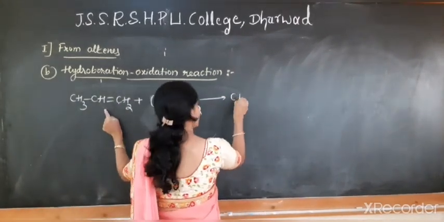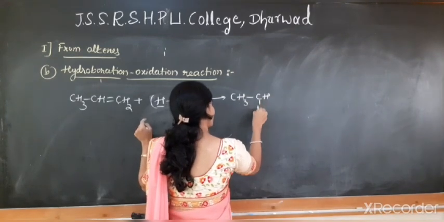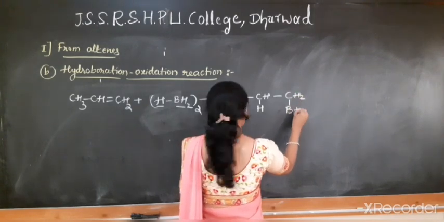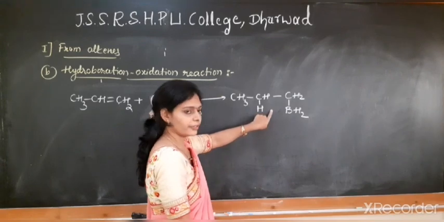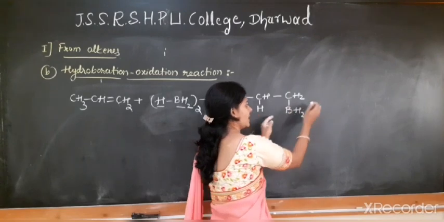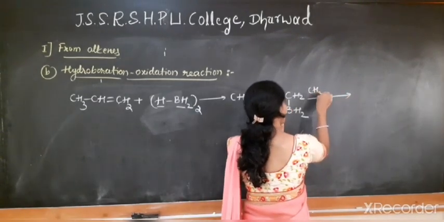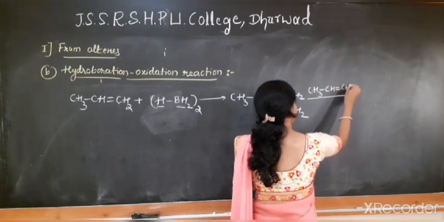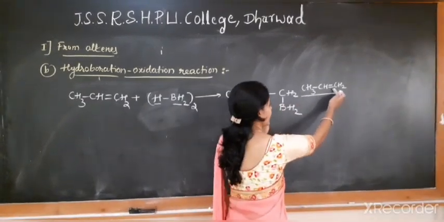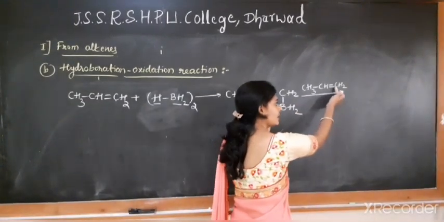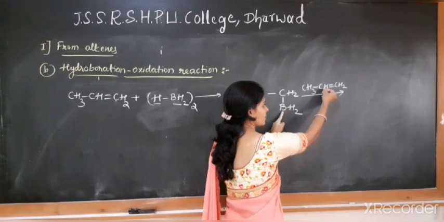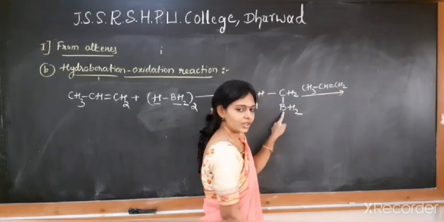So there is a formation of CH3. Hydrogen goes and attacks this carbon. Then CH2, BH. Okay, so this is the first alkyl borane. Propyl borane is formed. Now further, this moiety is treated with another molecule of propene, that is CH3CH2. When this is treated with propene, again the borane goes and attacks the multiple bond. So as it is having two hydrogens, one hydrogen goes to this carbon and the remaining part attacks the CH2 group.